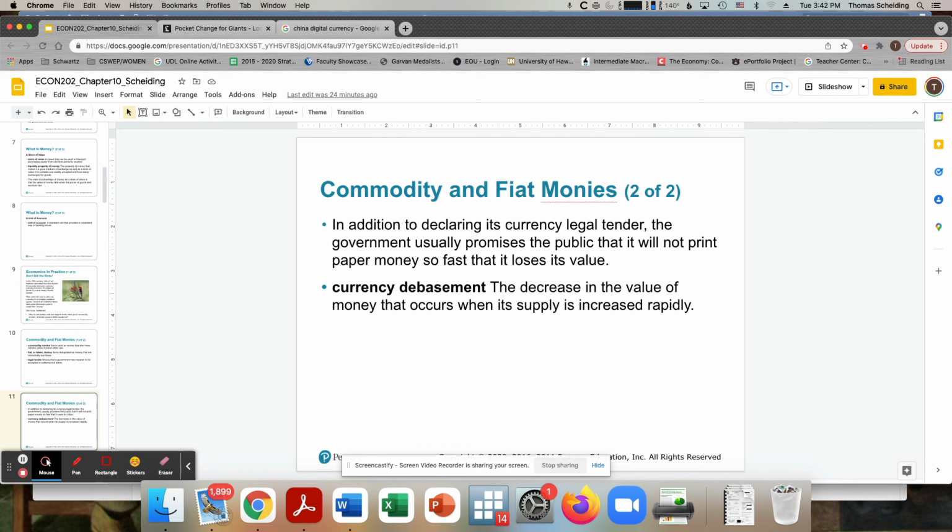Now, you can't force people to use a fiat money. So even though in the United States the U.S. dollar is the legal note accepted for all debts, public and private, the reason why you and I all use it is because a promise has basically been made to us, an implicit promise, not explicit. But that implicit promise is that it's going to store its value well, meaning that the government's not going to print more cash, more money.